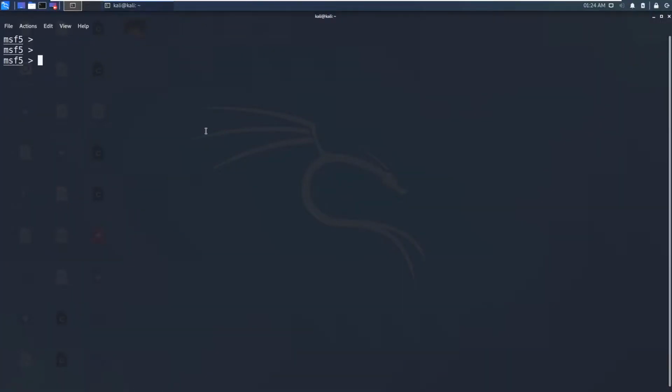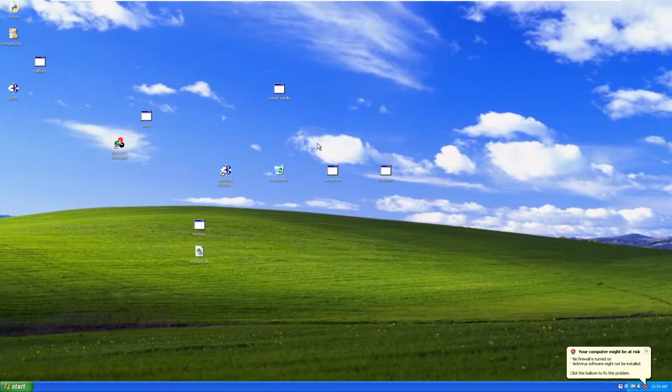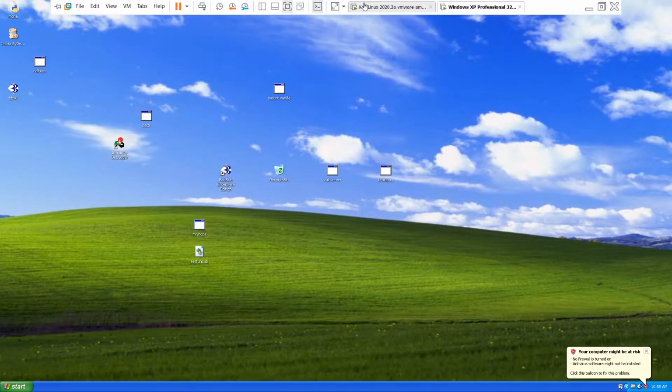So guys, in this video we are going to use the exploits to get the shell to us, and in order to do that I have installed this Windows XP machine. I have said in the previous video that BadBlue web server has a buffer overflow exploit, and I also showed you how to use the exploit, but we did not run it. In this video we are going to run this, and you can see this is the BadBlue 2.7 Enterprise Edition. If I run this, I think it's already been running on port 80, and it's a web server.